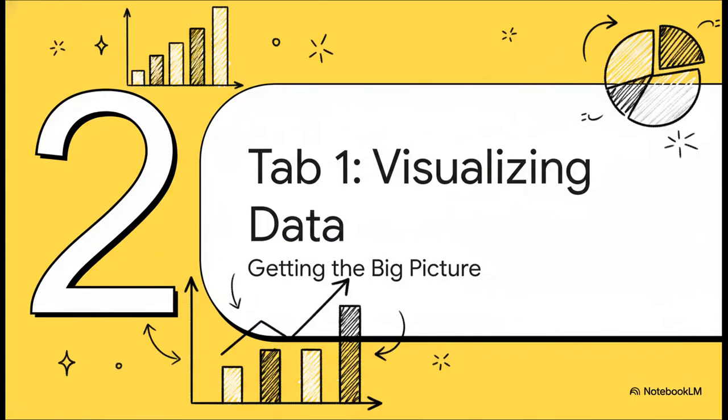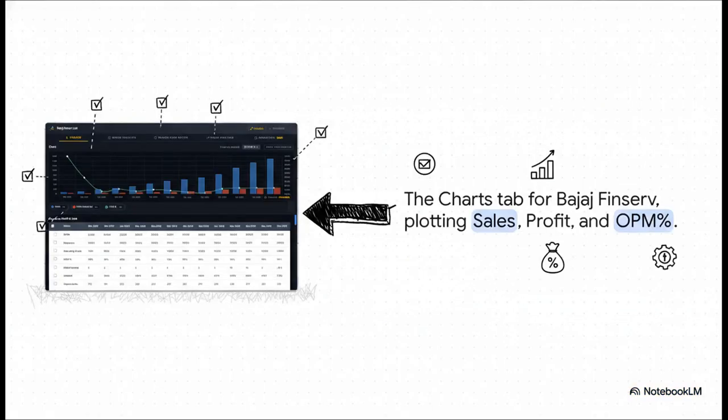Let's kick things off with the very first tab, Charts. This is your starting part. It's all about getting that high-level, visual snapshot of how a company has been performing over time. And using it could not be simpler. As you scroll down the page to the financial tables, the P&L, the balance sheet, whatever, you just start clicking the little checkboxes next to the metrics you're interested in, and bam, instantly they're plotted right there on the chart